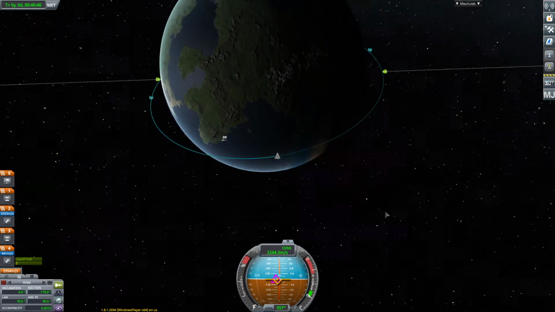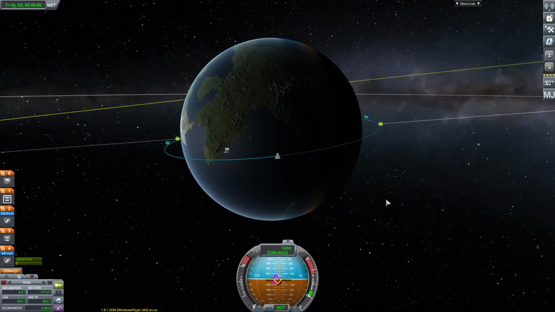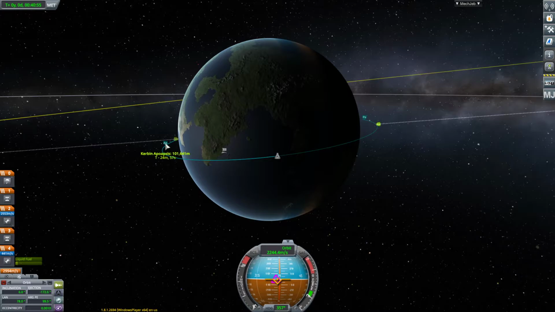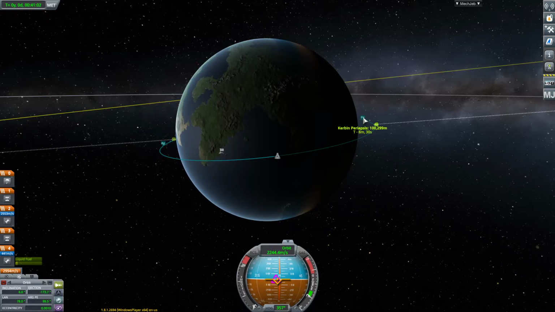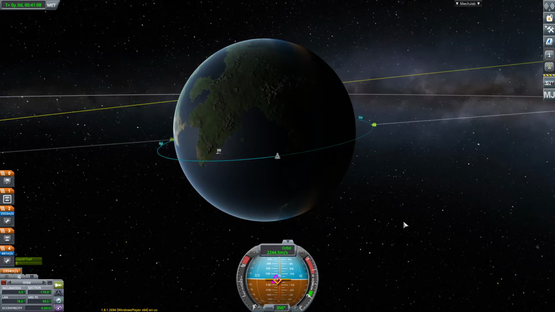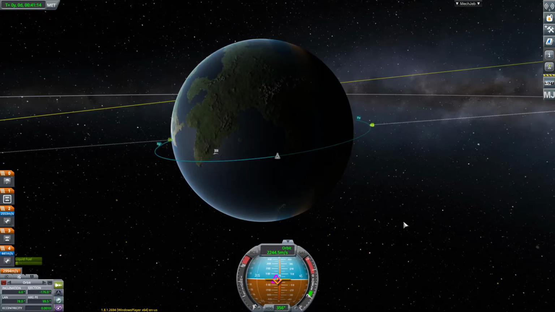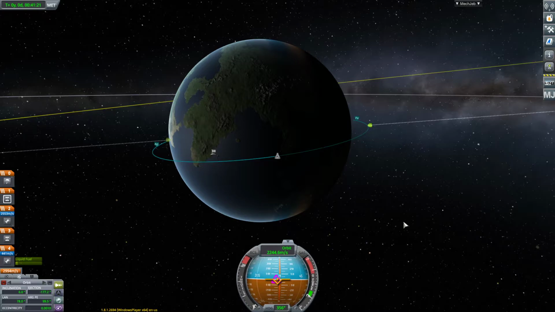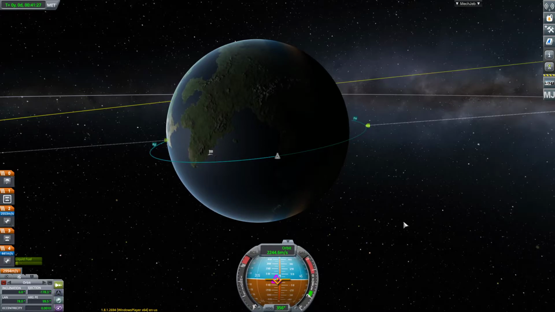Not that it's strictly necessary, but when you write a script to do a plane change, you want to write it in such a way that it preserves the other orbital elements of your orbit, meaning your AP and your PE don't change too much, because that actually changes the shape of the orbit. If you've already got a nice orbit to begin with, why mess it up? So you try to just change one aspect of the orbit, which is inclination. You want to preserve the other numbers in the orbit. Strictly speaking, you don't have to, but it's the neatest way of doing it. So I wrote the script in such a way that it preserves those numbers as well,